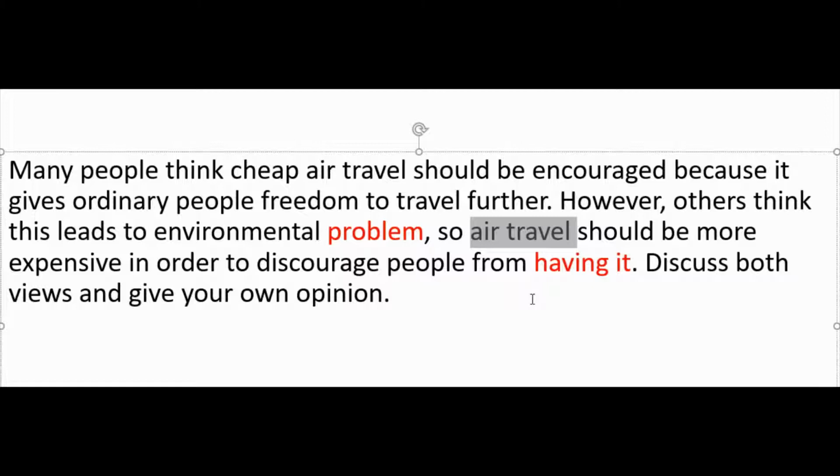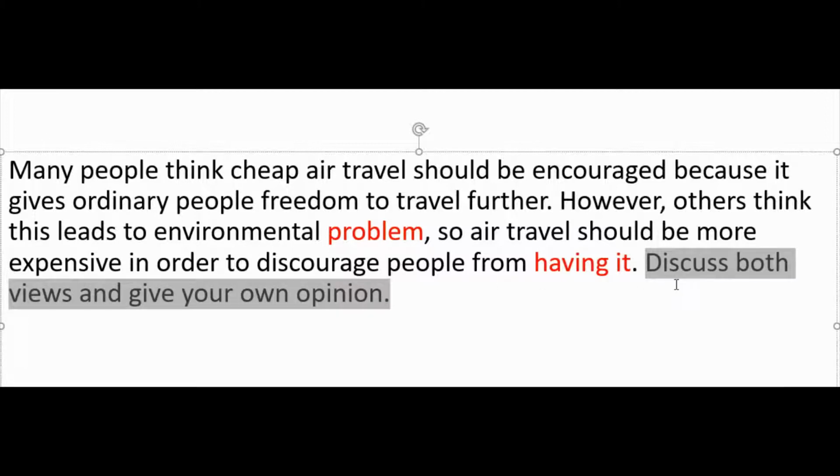So that makes me think that this is a case of a candidate doing the actual test who copied down the task and then put it on the internet. But they made some mistakes when they copied it down. Okay, well anyway, let's have a look at the last sentence here. Discuss both views and give your own opinion. Now, that's of course pretty important, because if we don't fulfill this, we're going to have some problems getting a proper score.